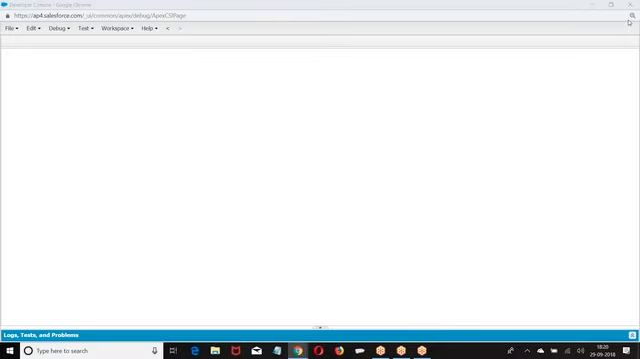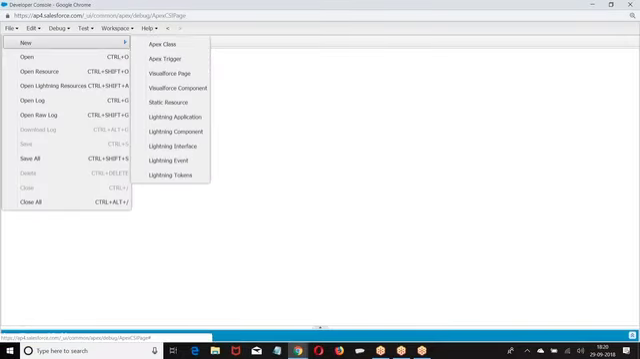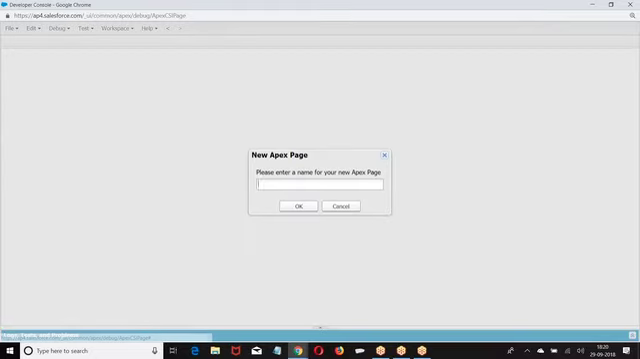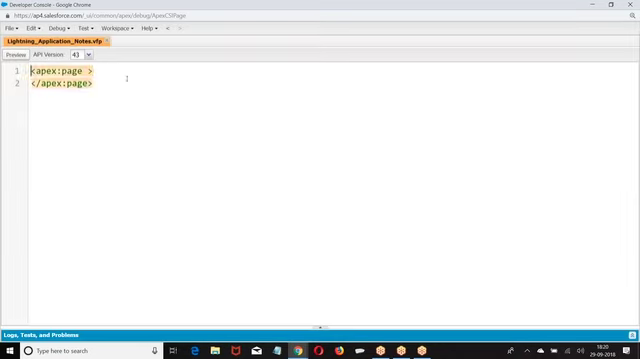If you want to build a lightning application... Now, if you want to create any Visualforce page, how will you create? Apex colon page. Every Visualforce page will start and end with apex:page. Similarly, every lightning application will start and end with